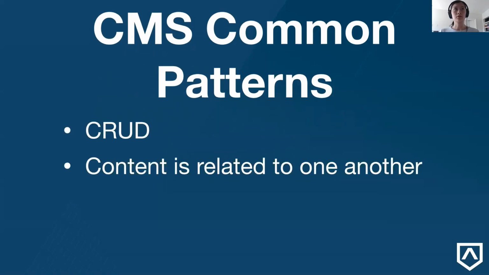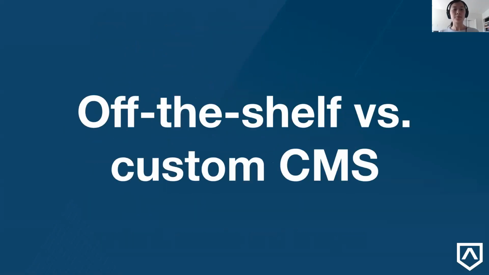Because there are so many businesses that rely on a CMS, there are some companies who either choose to develop their own CMS platforms, or they'll take something that's off the shelf. And so WordPress is going to be an example of off the shelf. It's already been built. A business would be able to take that and incorporate it into their business. So other examples that are off the shelf, aside from WordPress, include Drupal, Joomla, Contentful,